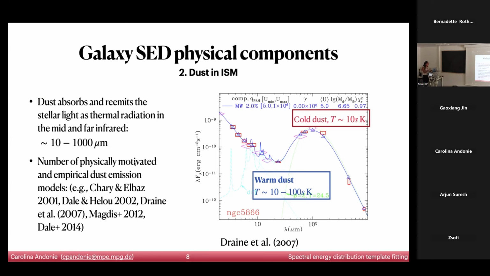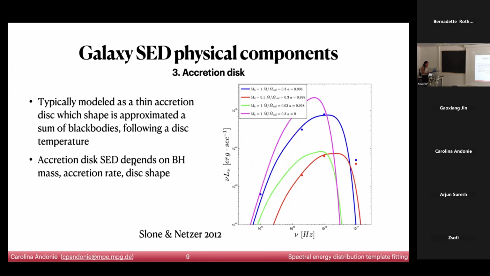And there are a number of physically motivated and empirical dust emission models to model the star formation. And here it will depend on what you want to constrain, which one is the best model. Some empirical models only have a single parameter, which is able to model all the different observed star formation SEDs. But if you want to know the temperature of the dust or the different sizes of the dust grains, etc., there are much more complex models that have many more free parameters. But to be able to fit those models, we also need more photometric points. So that will depend on the data you have.